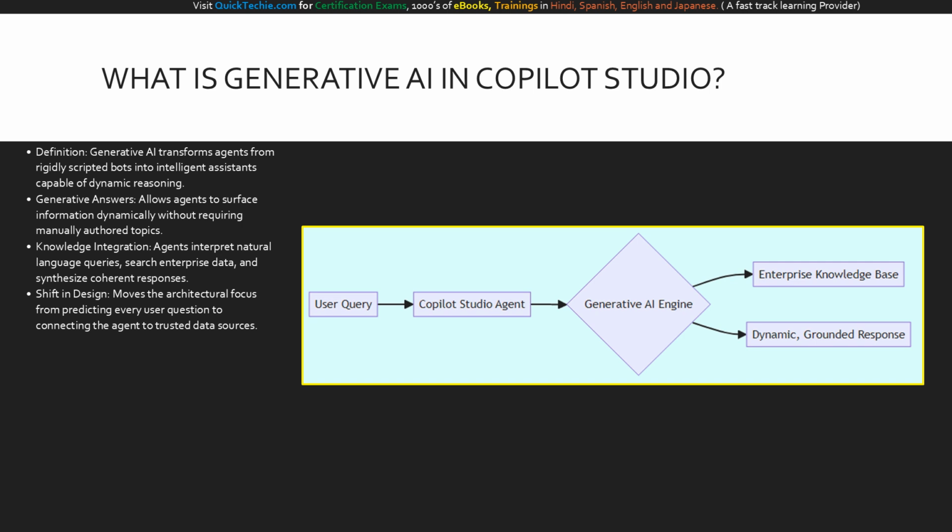Traditionally, building a conversational agent meant manually writing out every single conversation path and anticipating every possible user question. Generative AI completely changes that paradigm. With the Generative Answers capability, your agent can dynamically surface information without needing those manually authored topics. It actively interprets natural language queries, performs multi-source retrieval, and synthesizes answers directly from your enterprise data. For solution architects, this means shifting your design focus away from scripting dialogue and towards securely connecting your agent to